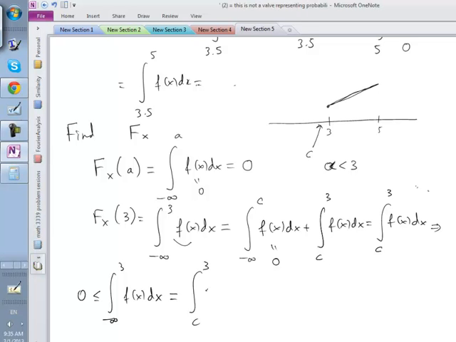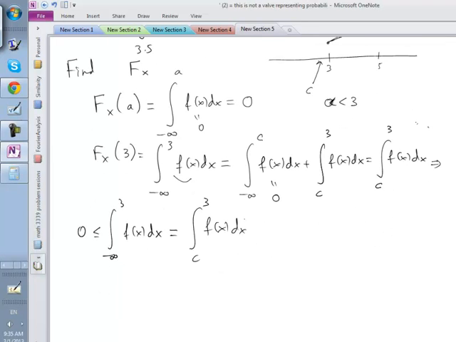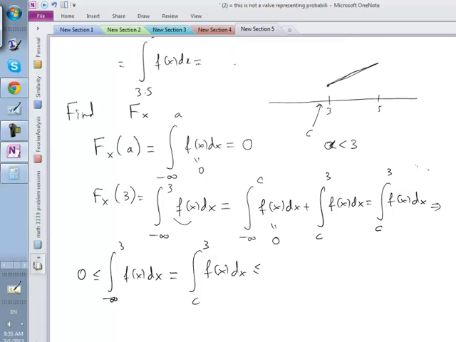This is the integral from c to 3 of f of x dx, and this integral is less than or equal to the value of f at 3, because that's where the function first jumps to a positive value. This positive value is 0.2. So f of x is less than or equal to 0.2 for all x